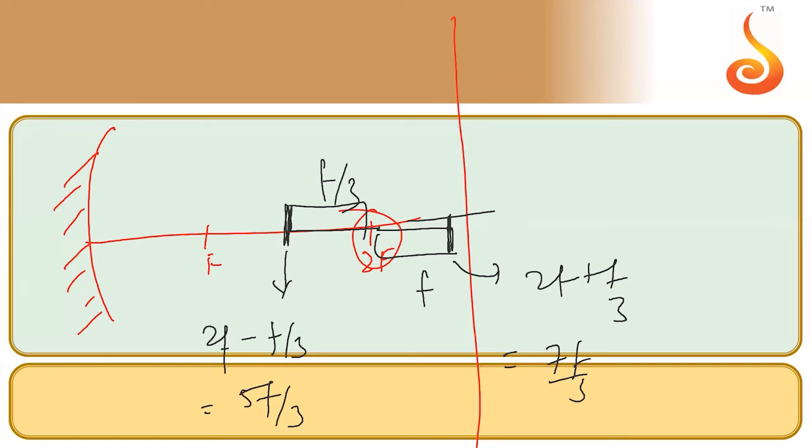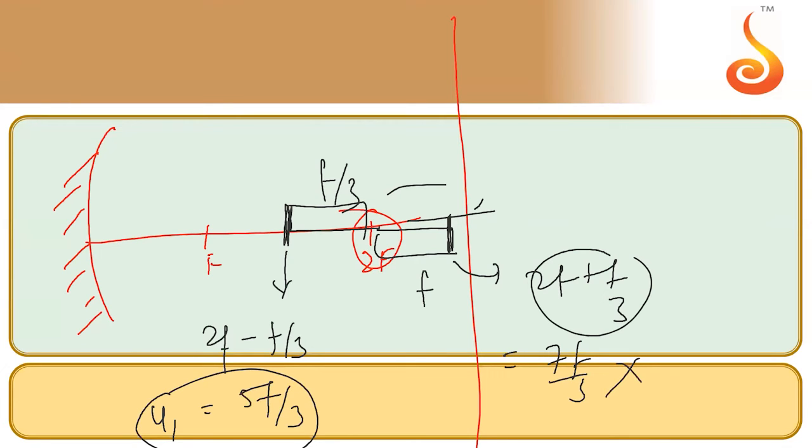Since no approximation is working, you will take u1 to be equal to this and find v1. You will take u1 to be equal to this and find v1. But since I have already done that, both are not right. I am not telling you to do it two times. I am only checking. If I take this as the u1 value, the size of the image which I am getting is longer. If I am taking this value, then I am getting a contracted image. But in the question, he told that the image is elongated. That means my second assumption of 7f by 3 is going wrong.